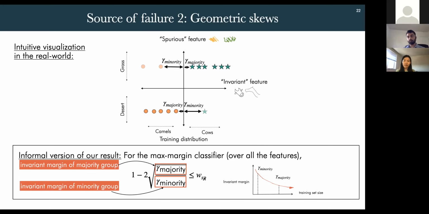Are there any clarification questions about the proof? Okay, so